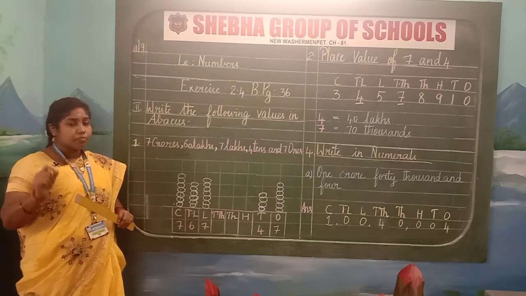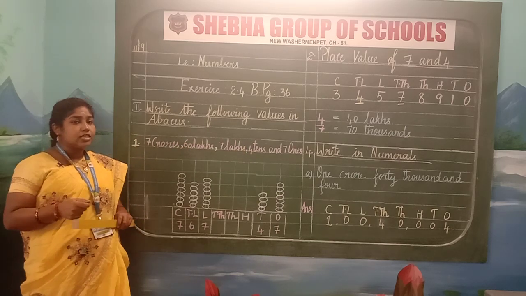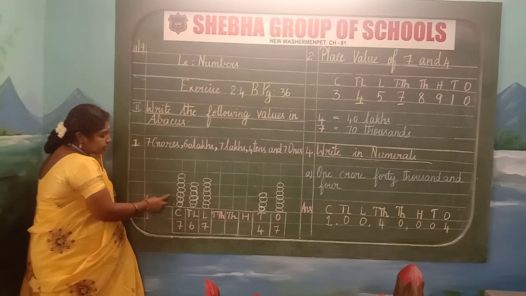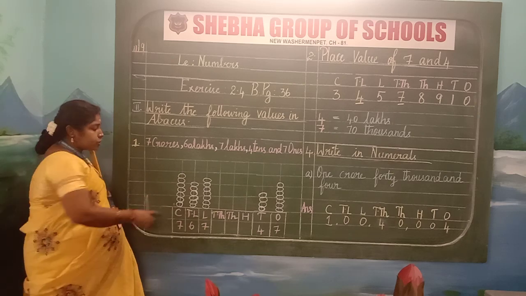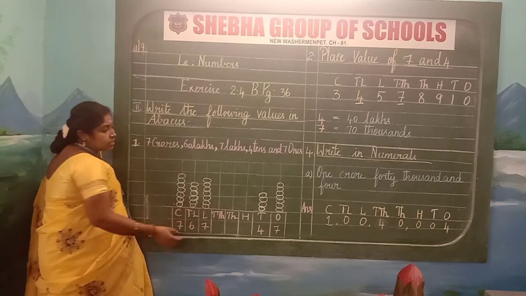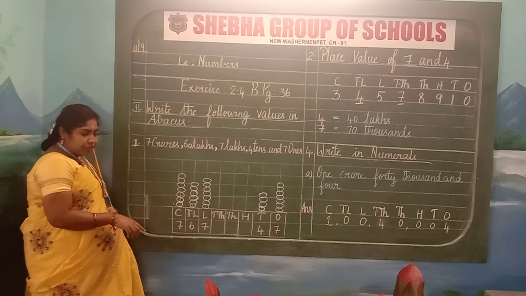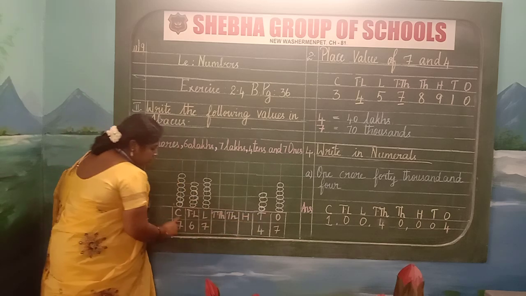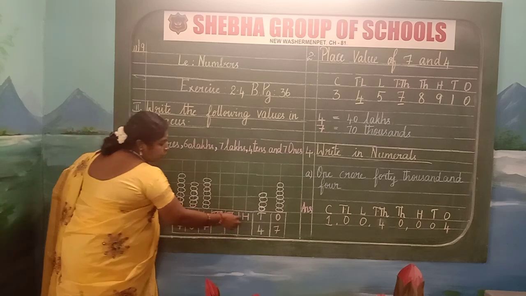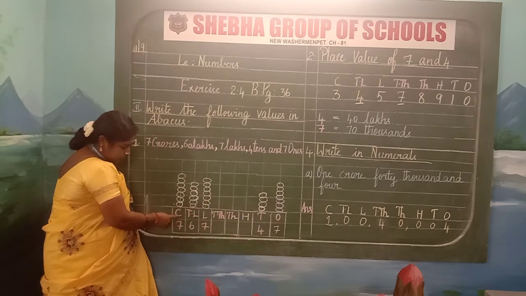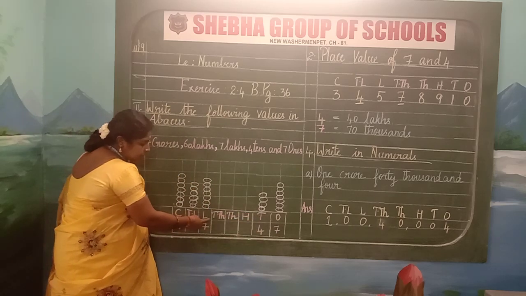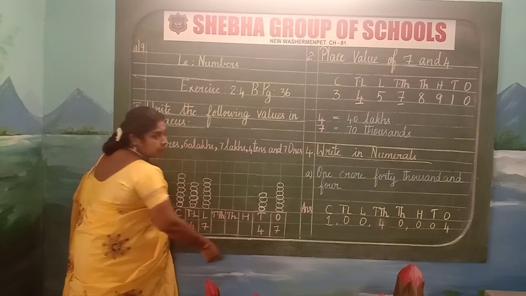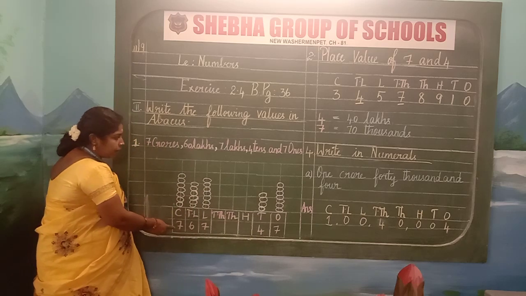Now take your scale and sharpen your pencil. Now we are going to draw the abacus. So leave some lines. You can leave 5 or 6 lines to draw the beads. After that, draw 2 lines, 8 columns. Clear, children? Draw 2 lines and draw 8 columns in it. So mention them as crores, 10 lakhs, lakhs, 10 thousands, thousands, hundreds, tens, ones. Clear? In the next line, you have to mention the numbers.